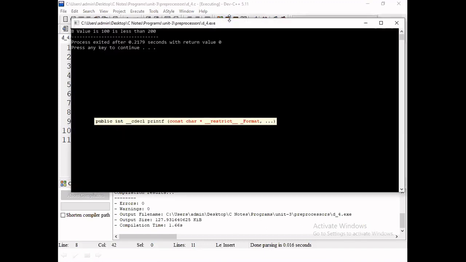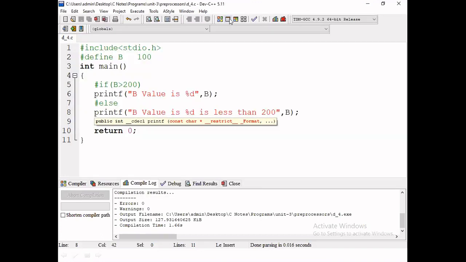The B value is 100, which is less than 200. So what statement is going to be executed here? The else part. Every part must end with the #endif statement.